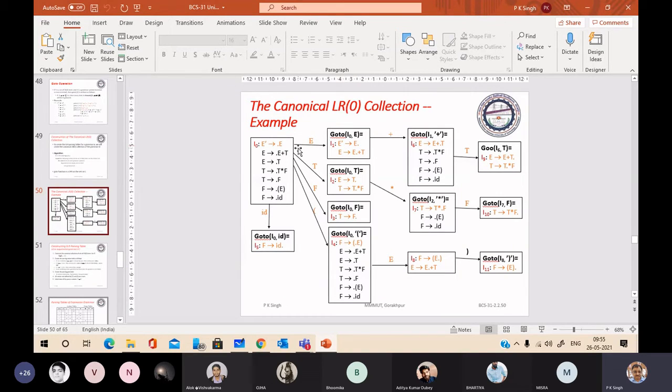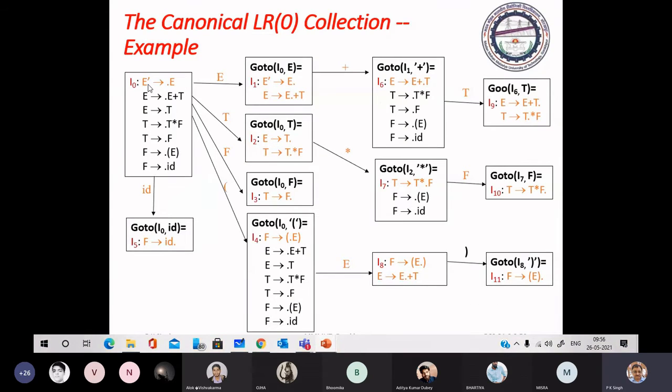One thing more, the black items in these item sets are the non-kernel items, and colored items are the kernel items. Okay.